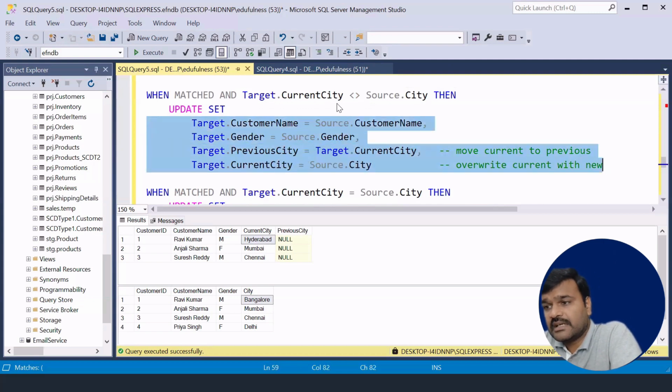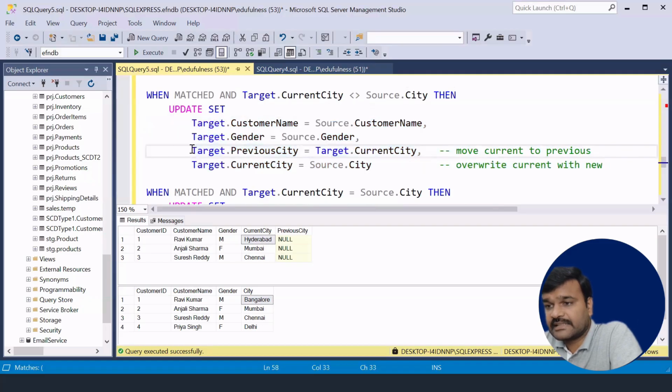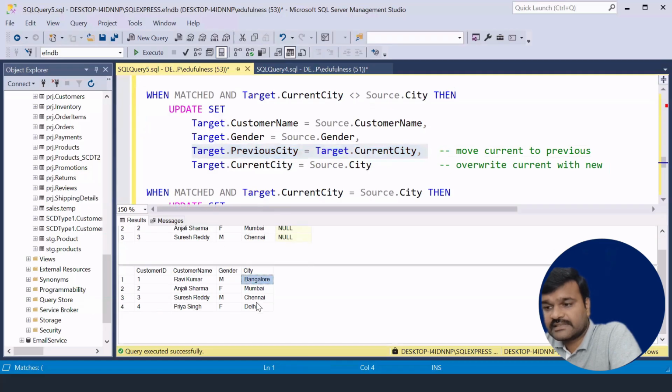What you need to do? Of course, from the source you are taking the same data, but you see here, especially this particular line. What is happening? Your current city, that means this Hyderabad, should come to previous city. That's what previous city equals current city. Then your current city value should update with this staging table's city. That's what source city you are writing into current city of the target. That's what actually moves current to previous and overwrites with the actual new value. That's all. When it is the same,